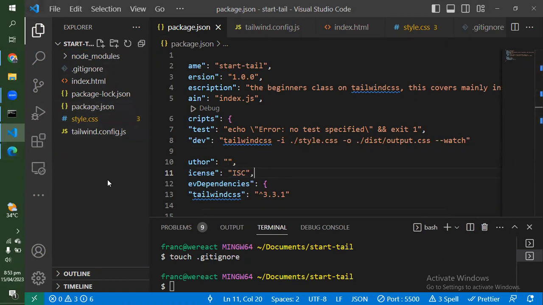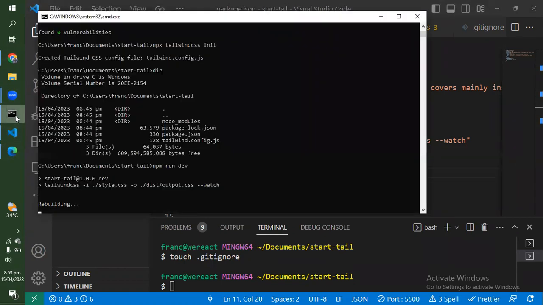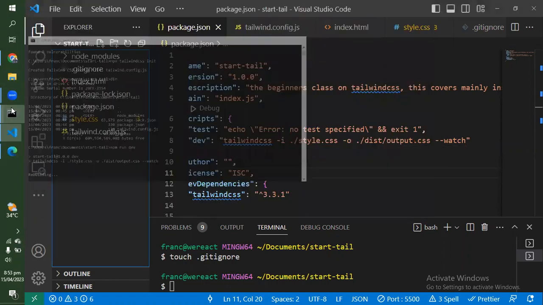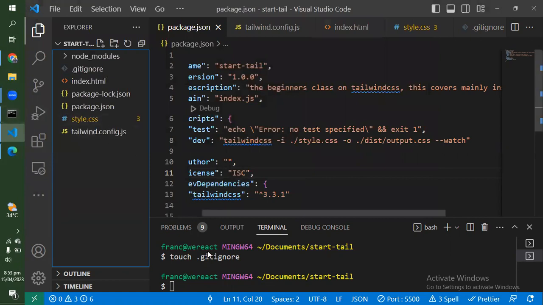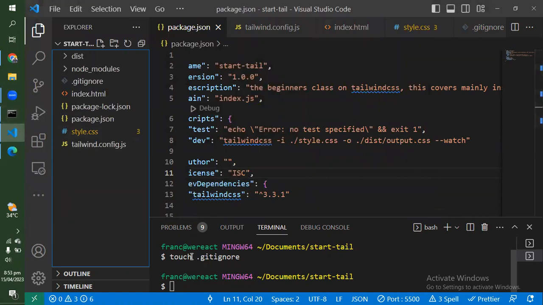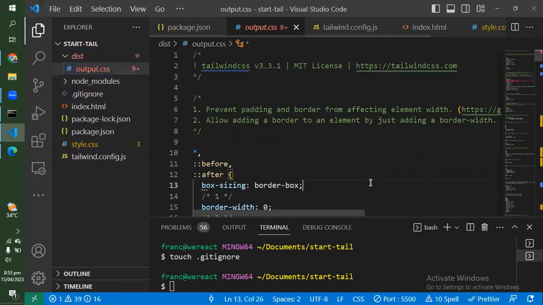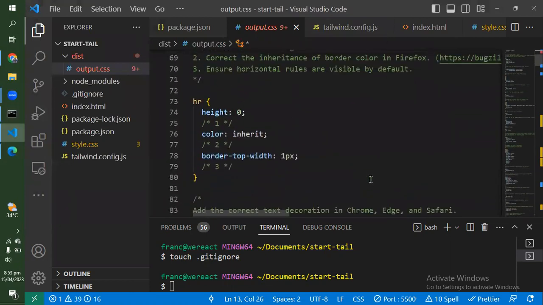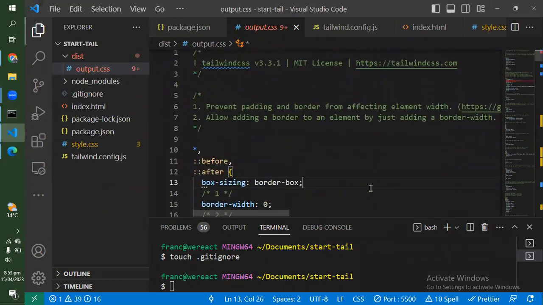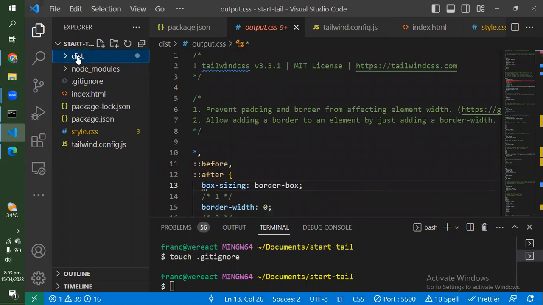Okay, so that should have been done. Okay, so it's still building. You can see it here, it's building. So this npm run dev, you could also choose to run it here. So you can see that has been created now. If I open my output.css, you can see the entire files that it has created for me. So it is this output.css, guys,